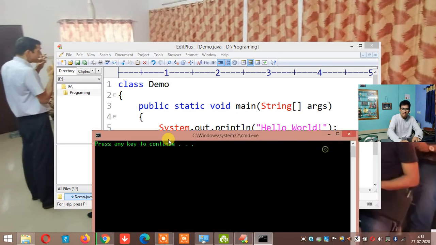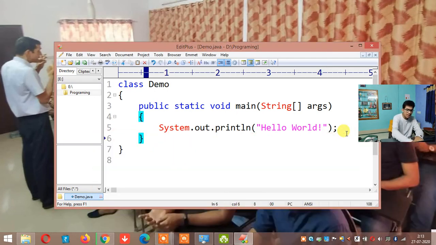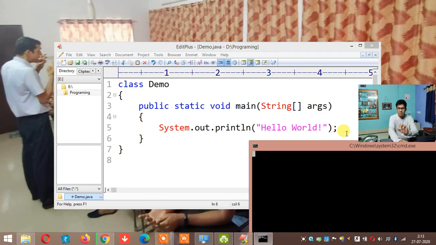So now I'll compile and execute. I'll compile, press Control 1. Can you see that the window popped up here? Maybe I want this only. Why? Because my program is on the top, right? So I should show you the program also, and I should show you the output also. So this is a better way. I think you can do this on your own. Okay, since you understood this.